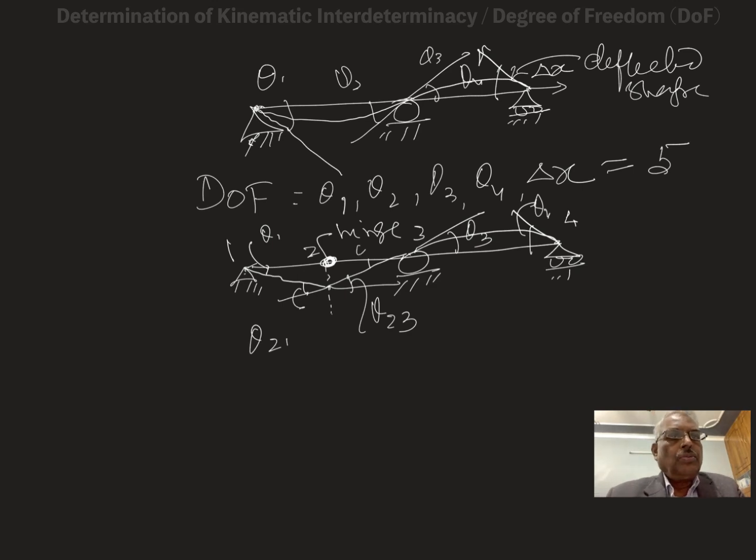This is delta 2. So at this joint, it will be different, inclined. Maybe here there will be inclination like this. So we can resolve it into 2 components, one is x, another is y. So here there will be 2 displacements, delta x2 and delta y2. So because of this internal hinge, there will be 4 extra deflections at this point. So that's why one internal hinge can create 4